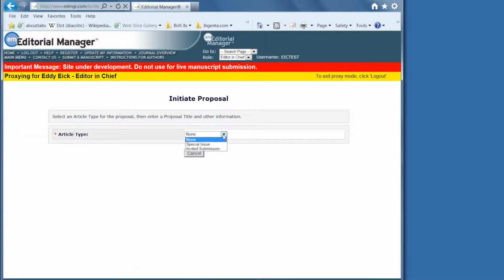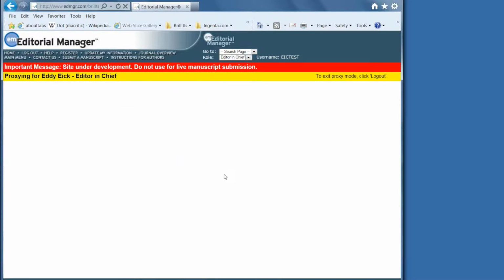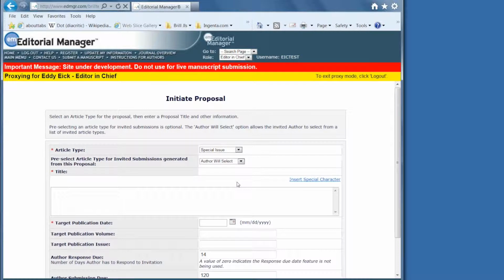In this case, it's, say, a special issue, but it could also just as easily be a book review, with the only difference being that for a book review, people are invited one by one to review a particular book. In a special issue, you are selecting a number of people to write an article to make up that issue. So special issue, article, and the title could be